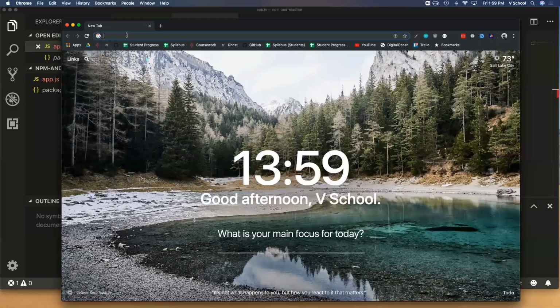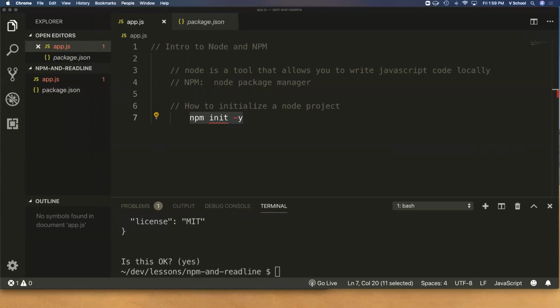Wait, are we doing this in exercise or in this folder? If you do it in the exercise folder, you're making a package.json for your entire exercise folder. We want to do it per project or per exercise. Typo, got it. Yeah, if you say something like npm init -y,